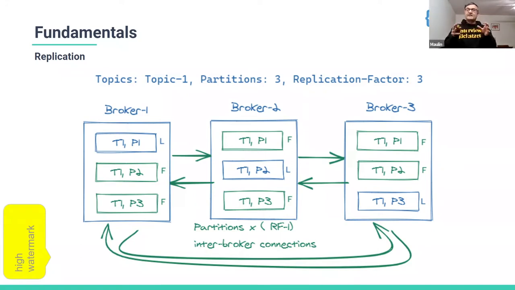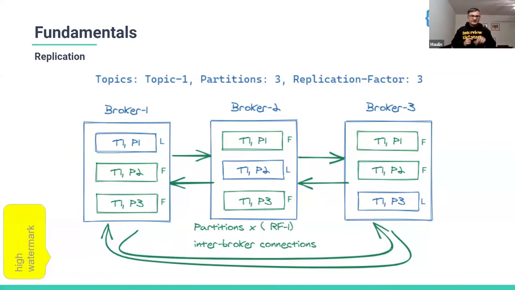This gap is configurable: you can say that up to a certain delta of messages, or the timestamp of the messages, a copy can be considered to be in sync with the leader. We'll talk about the implications of this in the next slide. But now you can imagine that there are 3 brokers in the in-sync replica set for each partition here, and they operate within that configured delta. And as long as they operate within that delta, they are good. They will be considered in-sync replicas.